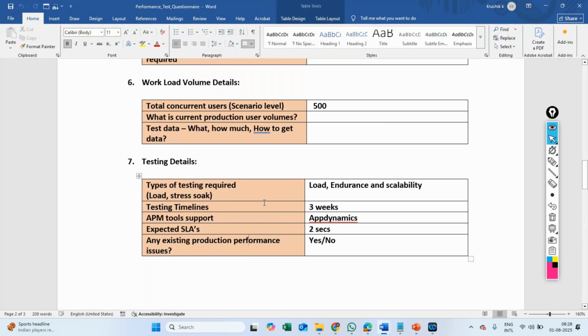So, types of testing required. Will the business tell what type of testing we have to do, or should we advise them, like load testing, endurance testing? Sometimes they will tell us, sometimes as a team we should decide. As a performance tester, we should decide. Why am I saying sometimes they will tell us? Business analysts might work with different teams